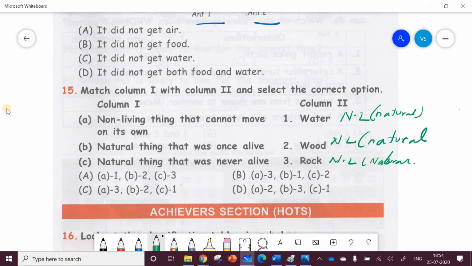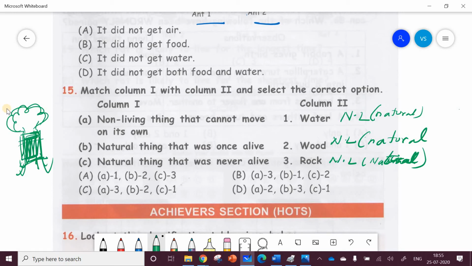Why is this natural? Because it is growing on the trees. How do we get wood? Basically, we get wood from the trees. When we cut down trees, we get the wood from the trunk of the tree. So we consider wood also as natural. Initially I was thinking that wood is basically man-made because trees are cut down, but it is a wrong notion.